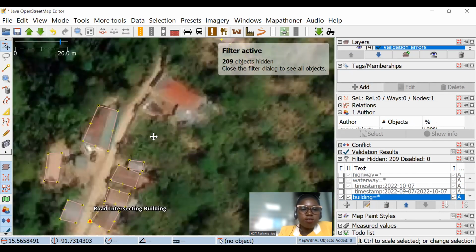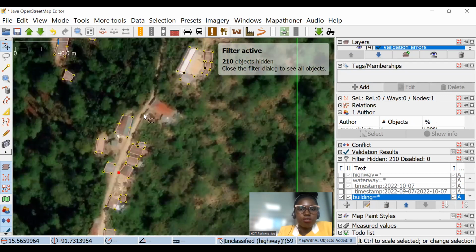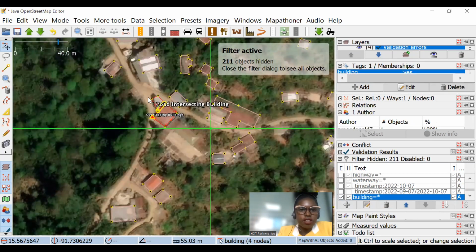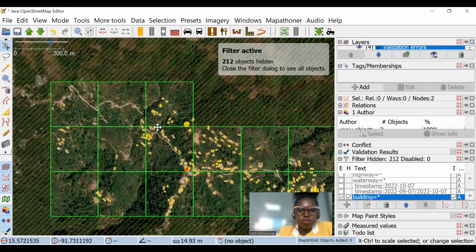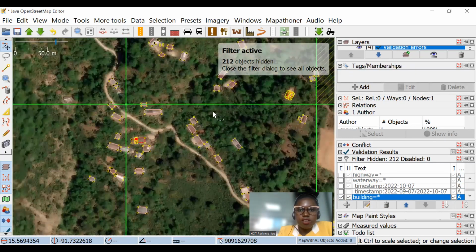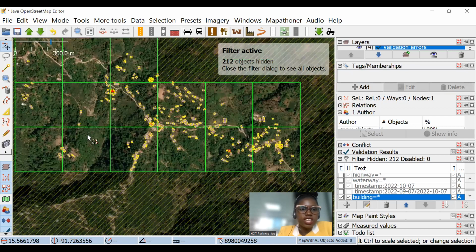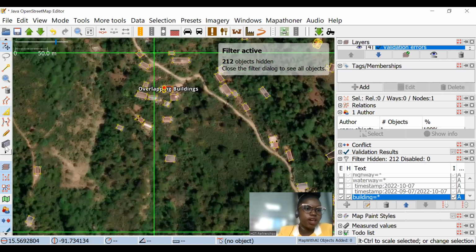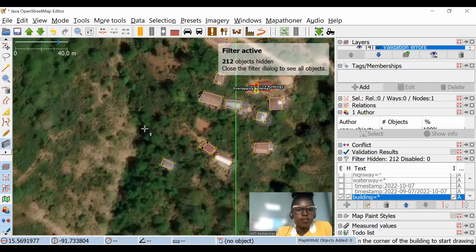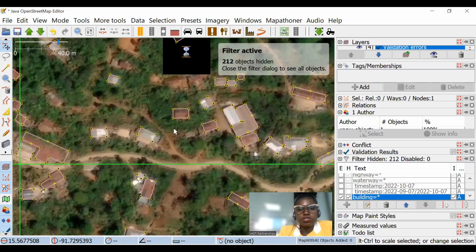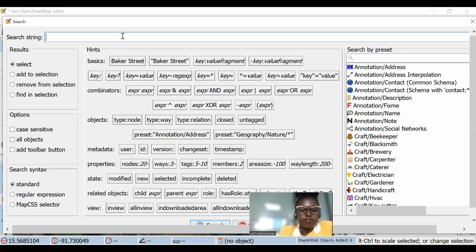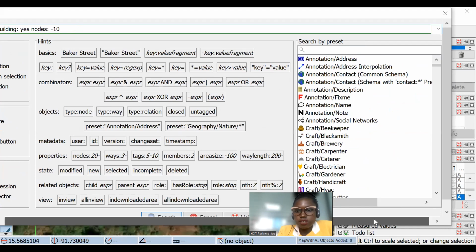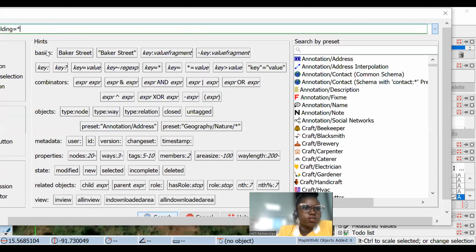Okay. So first of all, what I can do is just unglue everything that is connected to the road, so that once I square it, it doesn't move the road. After ungluing, I want to select everything at once and square at once. So I'm going to show you two ways. I'm just going to create a circular building here, just for illustration. I'm going to delete them. So I want to square everything, but if I say building equals all,